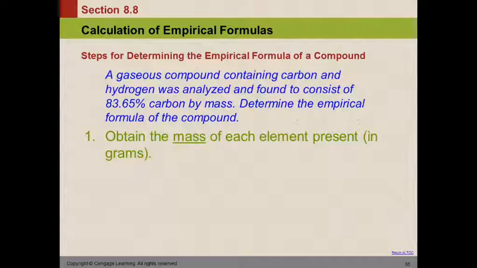So the first step in finding the empirical formula is to obtain the mass of each element present. In our experiment, we came up with masses because we measured the mass of the magnesium on the balance, and we measured the magnesium oxide, and then by subtracting we could get the mass of the oxygen. Here we're given a percentage, and they don't tell us how big the sample is. So what do we do? Well, we make some assumptions, and we do so in a way that makes life easier for ourselves. So if they give you a percentage,